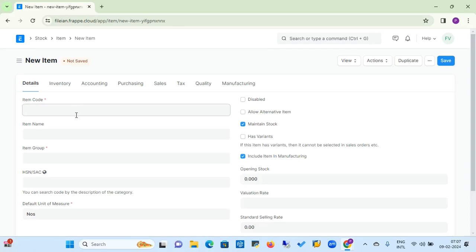First tab is the detail tab where you can enter your item code and item name, then item group. Item code is a unique item code through which this item is identified, and item name is the name of that particular item. Suppose I enter 34567 as my item code, and the item name would be HP laptop